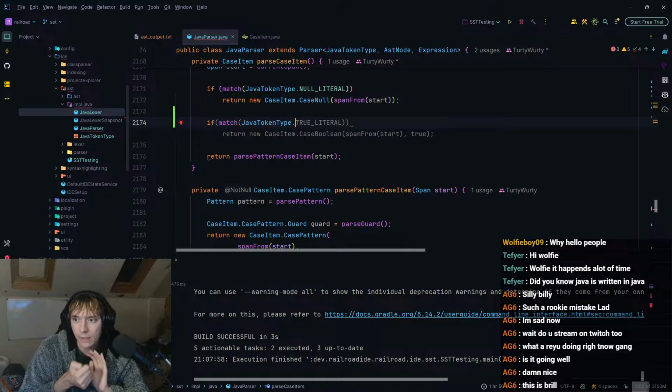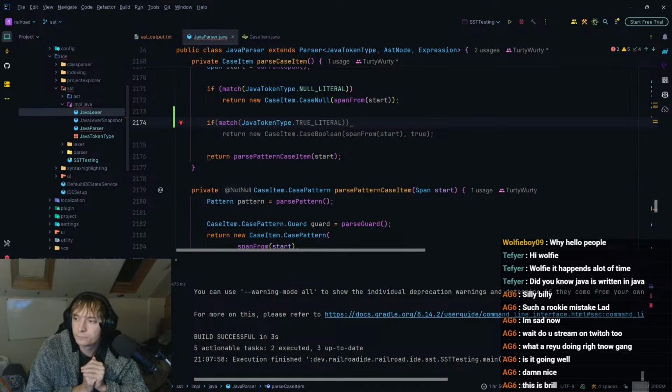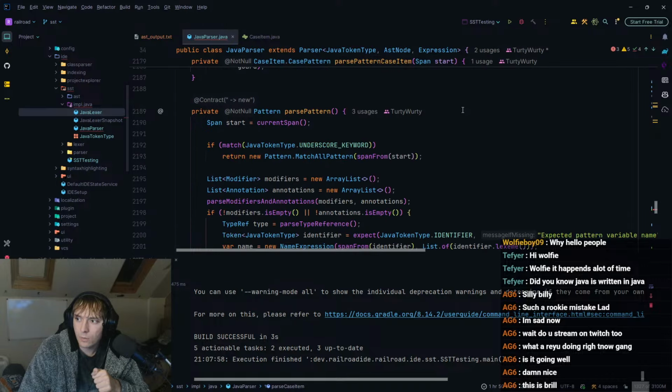Yeah, this is complicated because... Or is it? I'm just trying to think in terms of how would it be a pattern versus a constant?